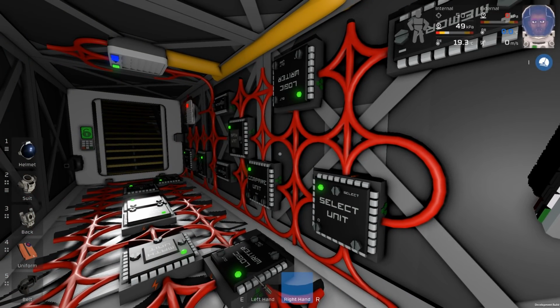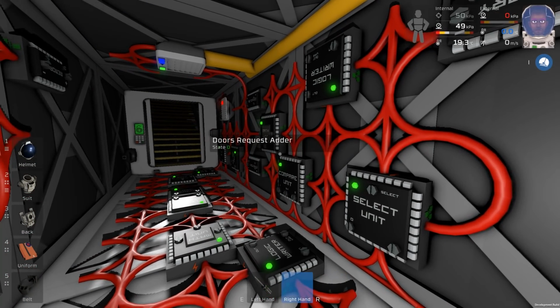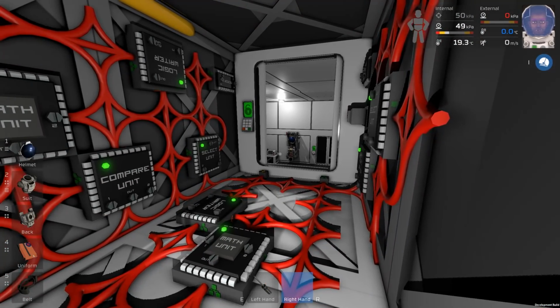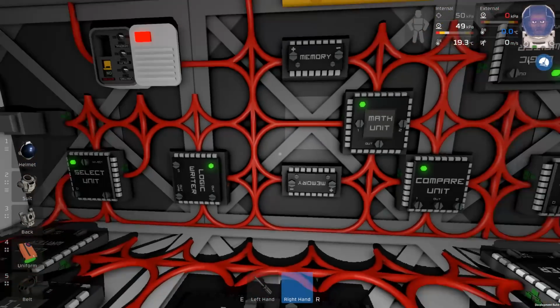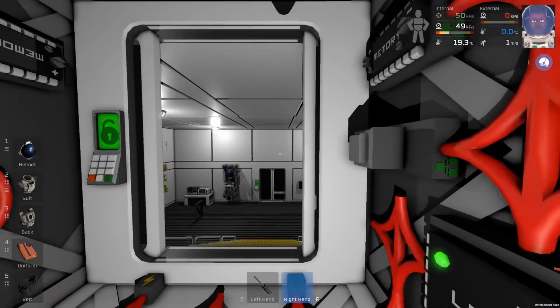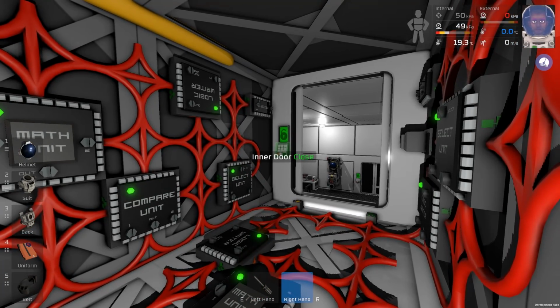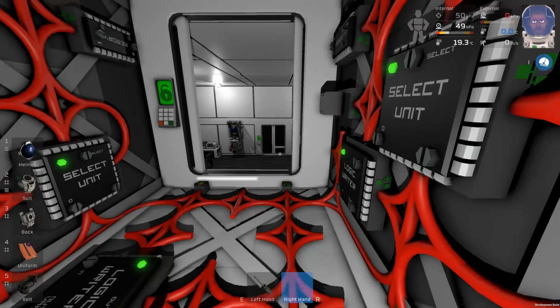So last episode, just as a brief summary, we got this so that whichever button we hit, the doors are going to shut. Doesn't matter if one's shut, one's open, which way around they are, doesn't matter. It will shut them both anyway. And it will keep them shut. If I press this button,